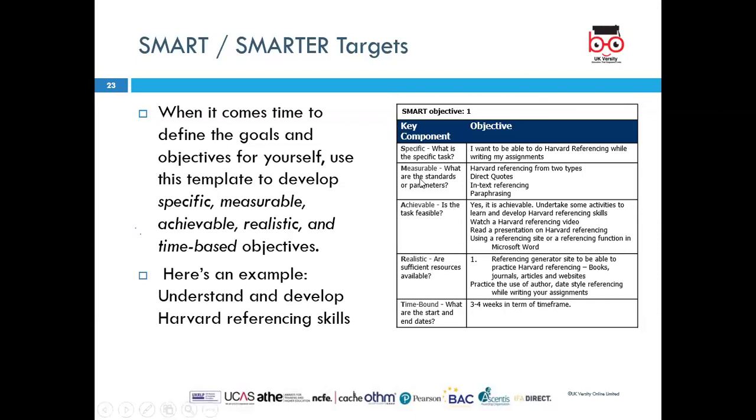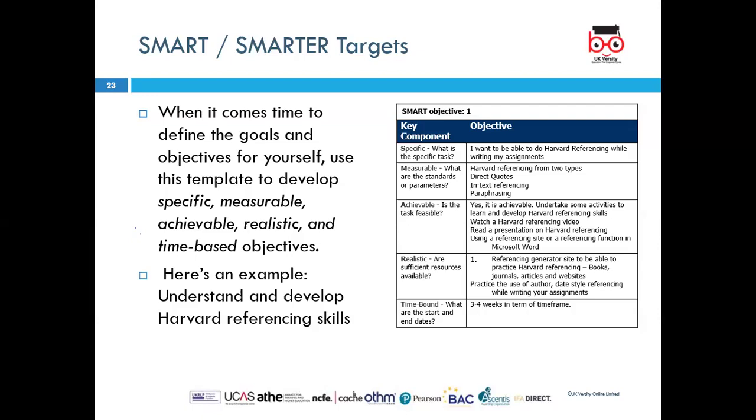And then we have the SMART goals. The goals that we set for ourselves or for our organization must be SMART, a mnemonic that's been given. S is for specific. What is the specific thing that you want to do? If it's continuous professional development, what is it specifically that you want to do? It should be measurable. Are there any parameters or yardsticks for measuring where you want to see yourself?